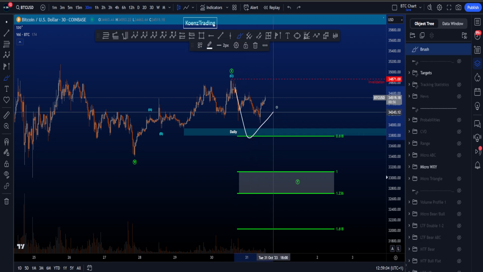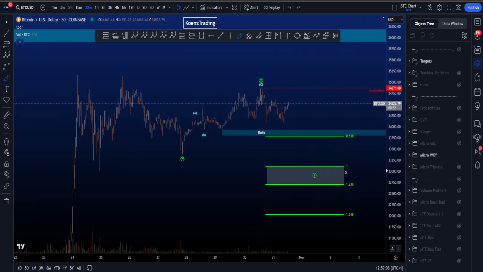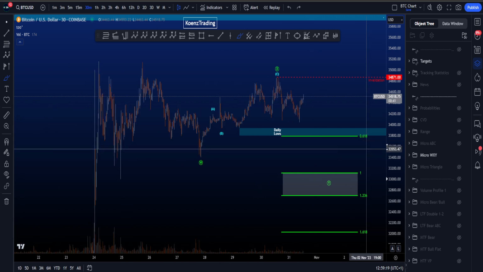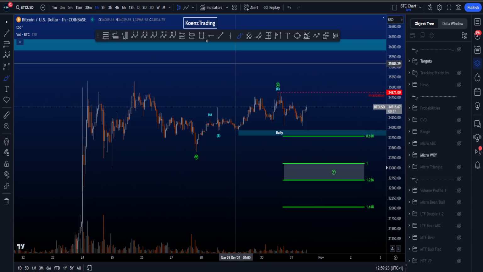downside in an impulse, correction, and an impulse, where you then move to the most common target for a wave Y, which is between 1 and a 1.236, sitting between 33.1 and 32.7k. Another target is still the 0.618, which is in confluence with this target box over here. It has to be said that if we look at this range though,